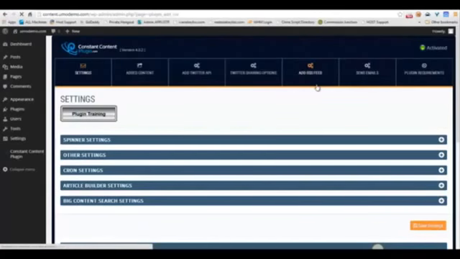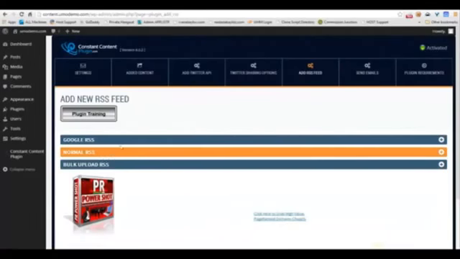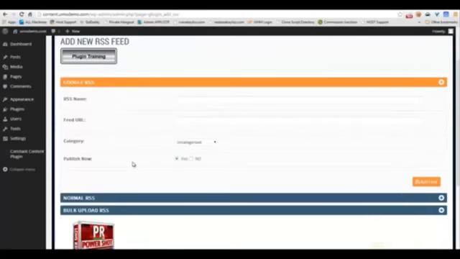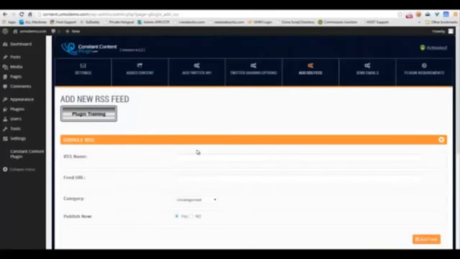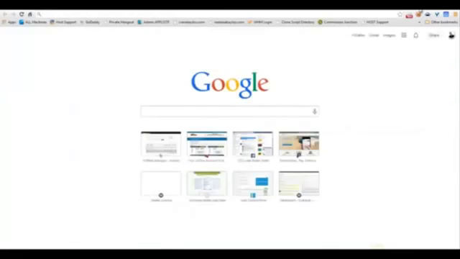And we built the system to pull in from Google Alerts plus any other RSS feed that populates through the web. The great thing about Google Alerts is that it allows for the curation style of the constant content, meaning that you can have one post with lots of different information on it. Also, you can do that with any other RSS feed as well. So let's see how we would set up a Google Alert, and remember, this is all included in under 5 minutes. So we'll go to Google Alerts,